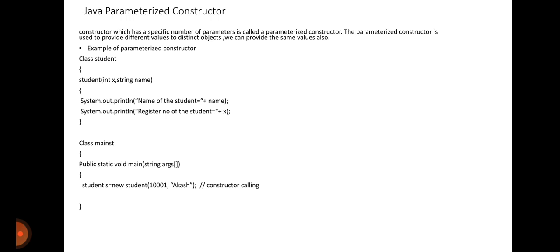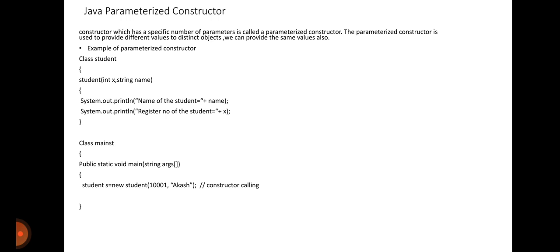Here is the example for the parameterized constructor. Student is the class name, as well as the method name used, so it is the constructor. Here the constructor has two parameters, so it is the parameterized constructor. x and name are different parameters with different data types. Name is used for the string, and x is used for the integer data type. So when you pass data